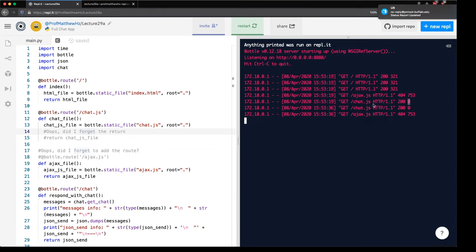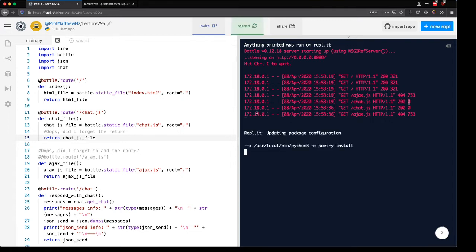And if I look over here, you can see I have something with a route chat.js, def chat file. I read in that static file, and for these purposes, I forgot to return it. One thing to remember with all of these bottle functions, with all of this Ajax, it does require information to go back and forth. So I can uncomment that return statement. If I restart this now,